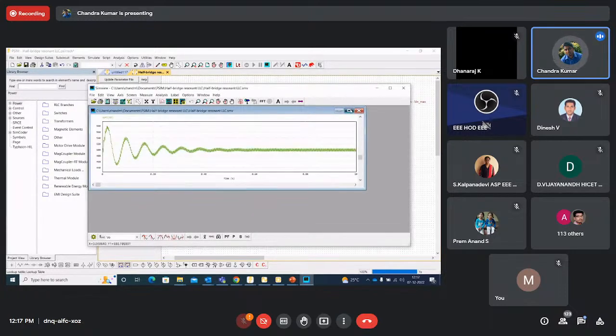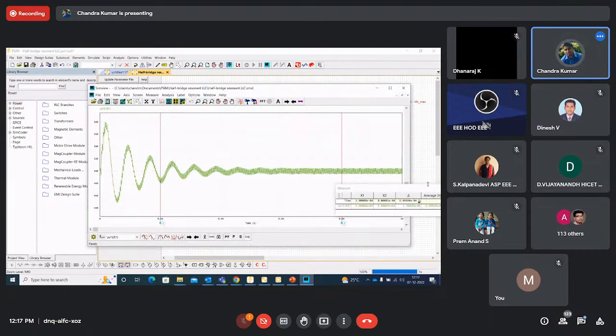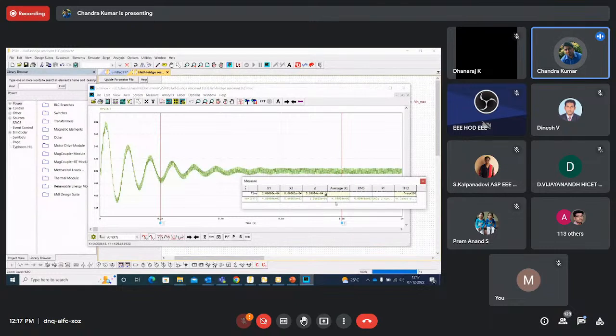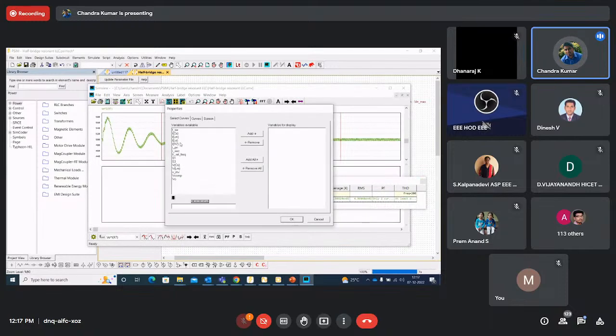So it's calculating. So this is output power. So you can calculate my values here. You can look at your RMS value. You can look at the output power. Okay, so it is 500 watt. Can you see here? Yes, sir. Okay. And you can look at the output voltage, which is for 24 volts. And look at all the parameters.